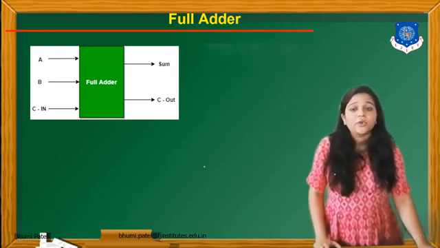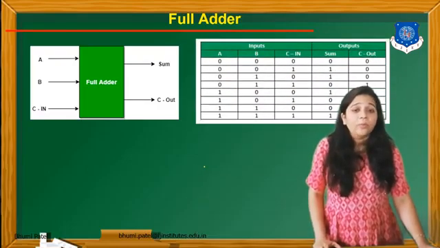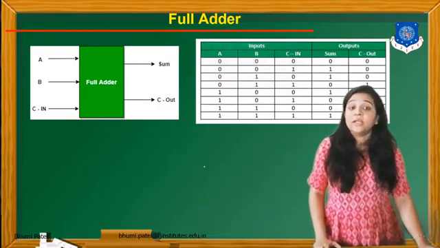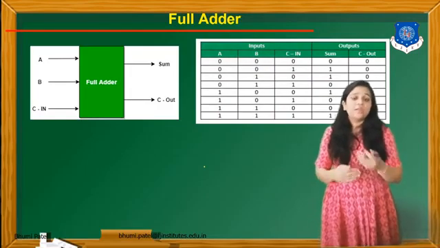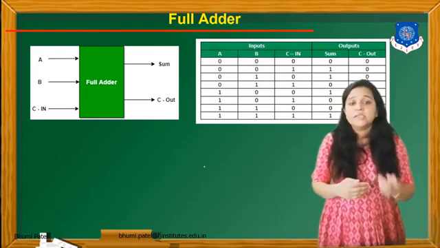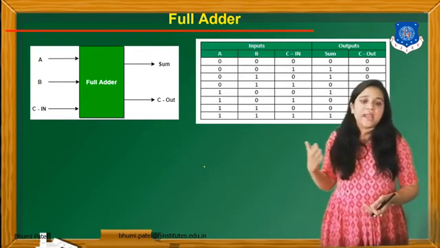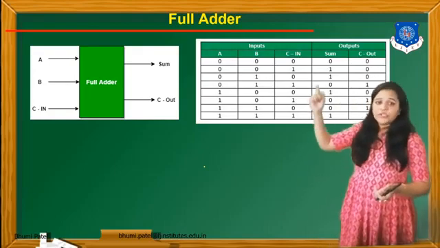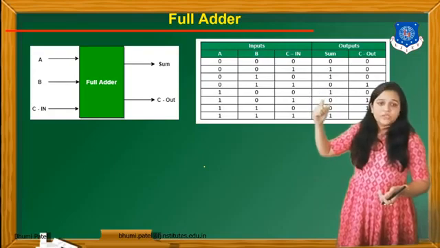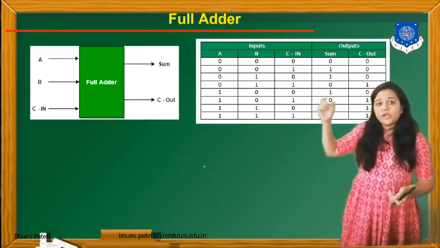Now what is the truth table using these three inputs? So there are 8 combinations because we can take three inputs. So first, all three inputs are 0. Now the next condition is any 1 is high, the next is any 2 are high, and the last one is all 3 are high. So here you can see that 0, 0, 0, 0, 0, 1, 0, 1, 0, 1, 0, 0, okay, and up to 1, 1, 1.